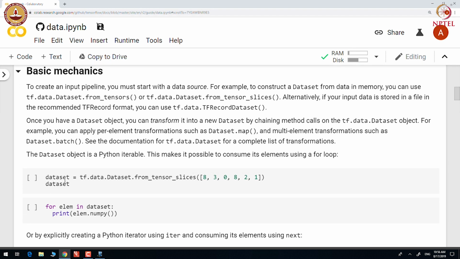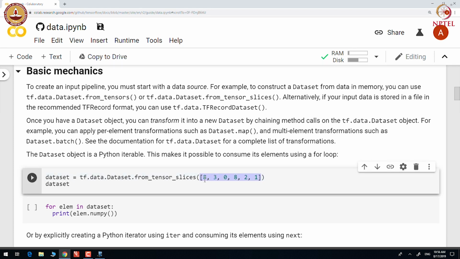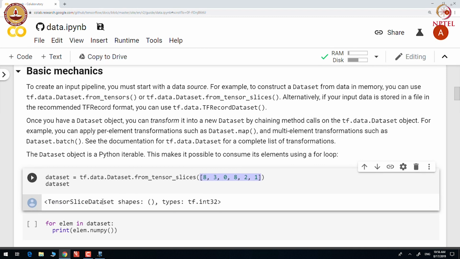Let us construct a dataset from tensor slices. Here the data is stored in an array. There are 6 elements. Let us construct the dataset using the from_tensor_slices function. You can see that the resulting dataset is a scalar because the shape is null, and it stores elements of type int32.